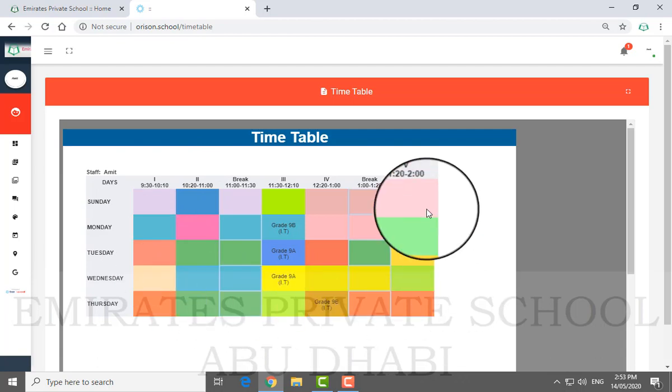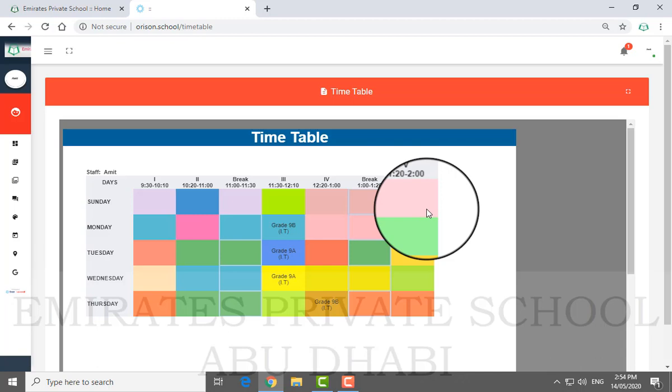Now the question comes, how am I going to synchronize this with my Google Suite? Regarding Google Suite, you should be checking your emails because we'll be sending your username and a password and the instructions. That is a must. You should be reading it very carefully. Now this is one part.